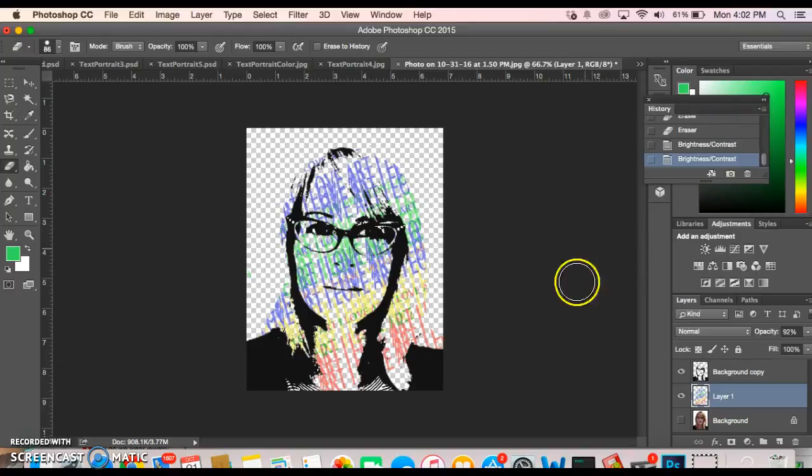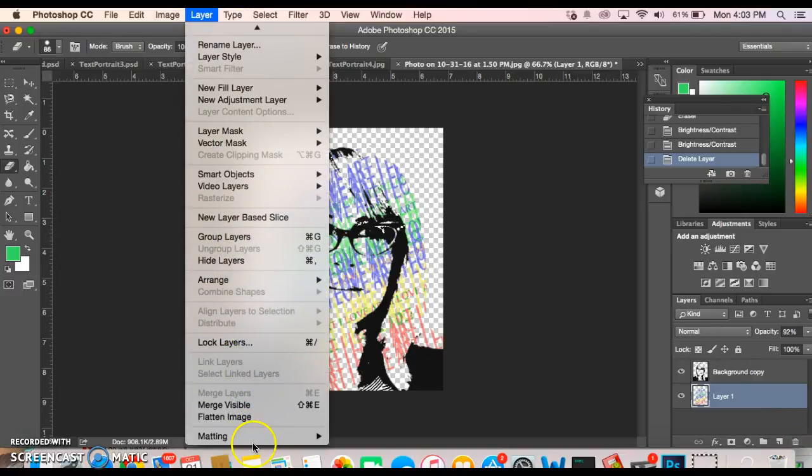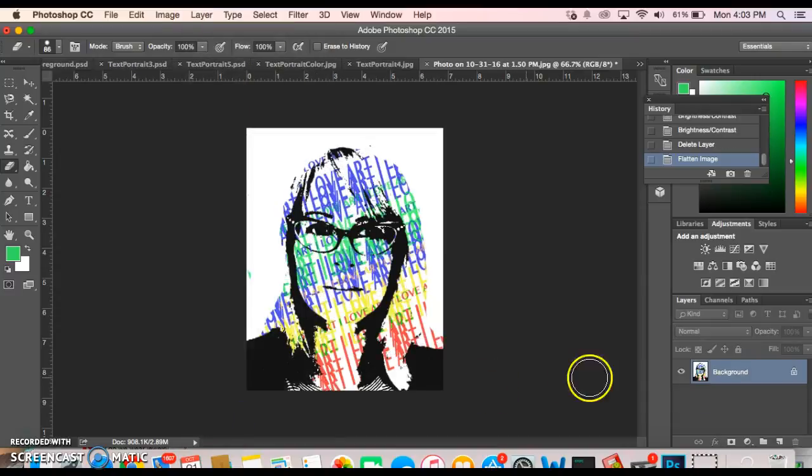And there it is. And when I'm satisfied and done with my text portrait, the final step is going to be to flatten the image. I'm going to get rid of this background layer because I don't need it anymore. I always hold on to it because I'm afraid I might need it. But I just dragged it to the trash can over in the corner. And then I'm going to go to Layer and all the way down at the bottom, Flatten Image. And now all my